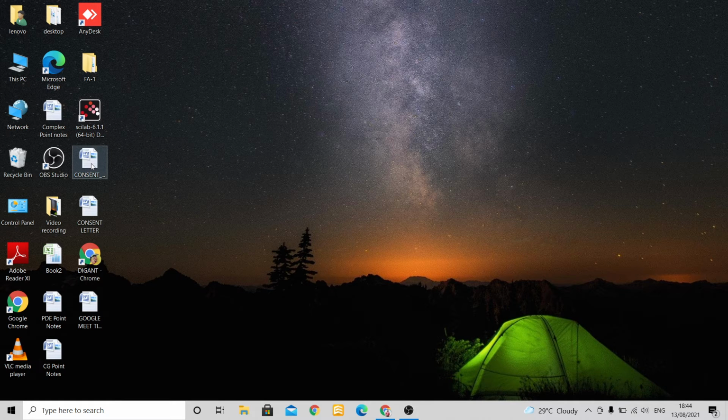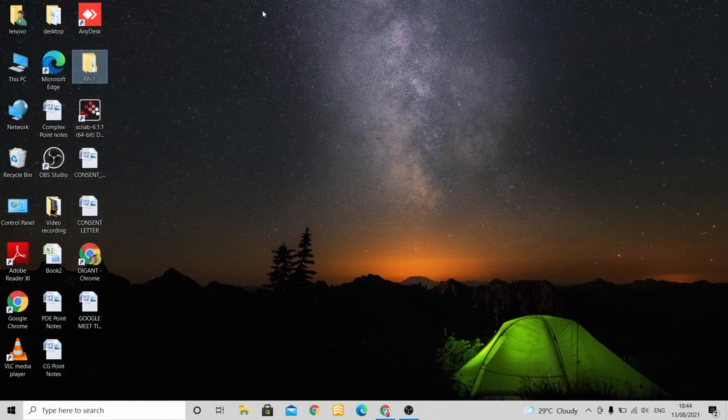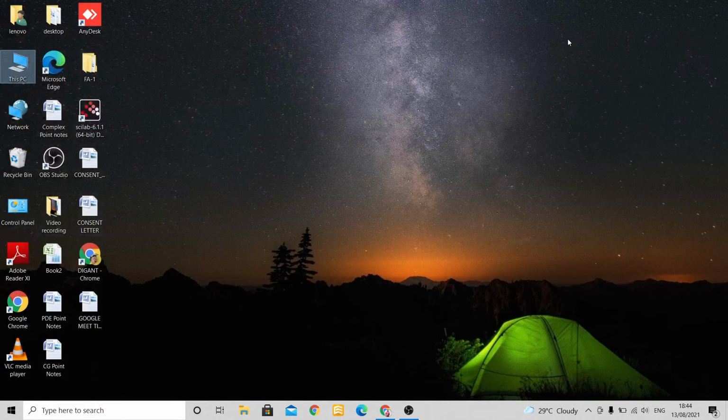When any of the icons is clicked, a specific program opens, right? For example, if I click on this, see, this program will open. Then if I click on This PC, the program will open, right? So whenever I click on any of these small images called icons, the specific program opens. We have some common icons on the desktop, like This PC, with a computer image on it. These are called the common icons on the desktop.